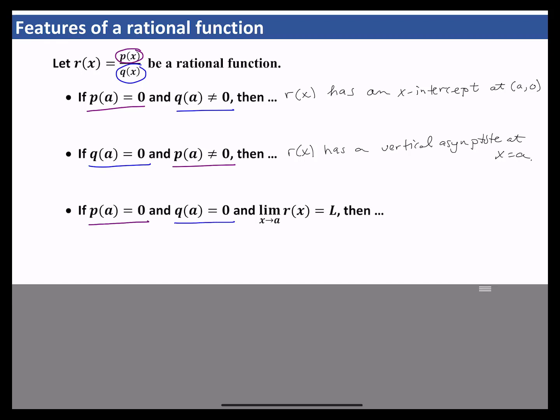And lastly, we saw that if p of a equals 0, so the numerator equals 0, and q of a equals 0, so the denominator also equals 0, and the limit of r of x as x approaches a equals a specific value, then r of x is undefined at x equals a. That's why there was that hole there. The function is undefined there. And r of x has a hole at the point a comma